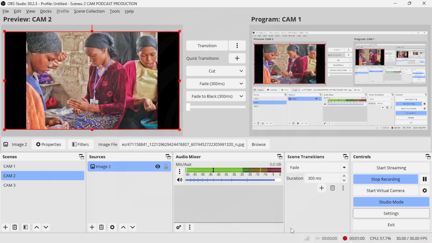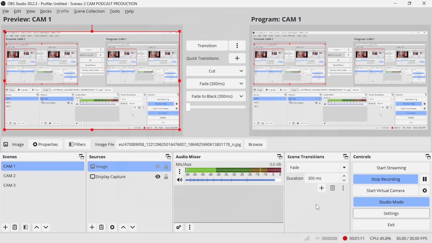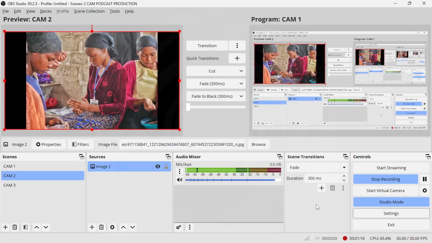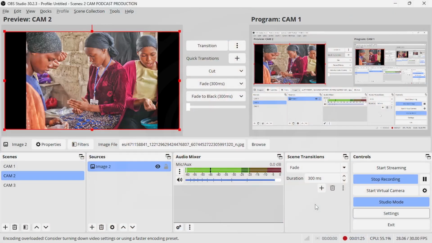So that way you can now use numbers to switch rather than my mouse having to be here in the scene transition. So you can just be using 3, 2, 1 to be switching. So when you are in 1, you can just transition. When you're in 2, you transition. And you go back to 1 and transition. So that is how to use